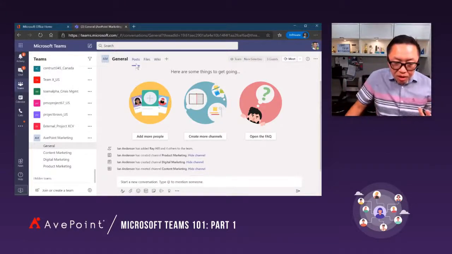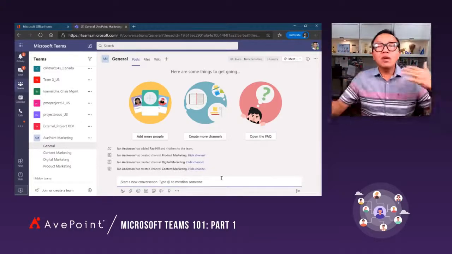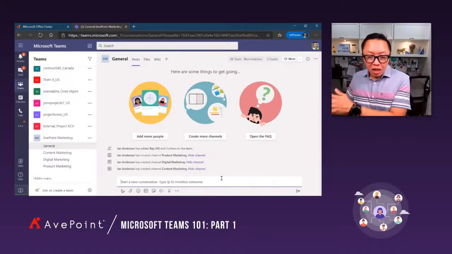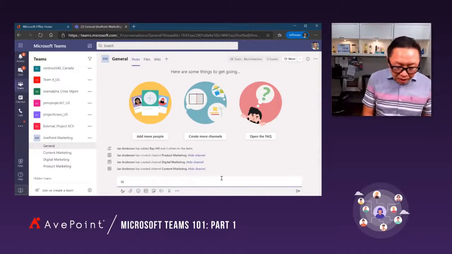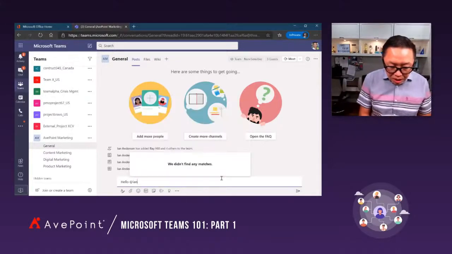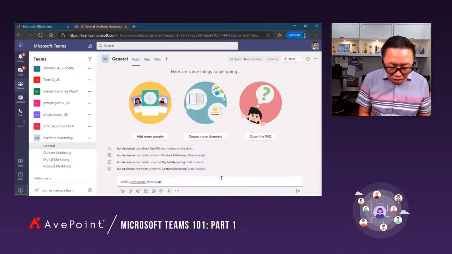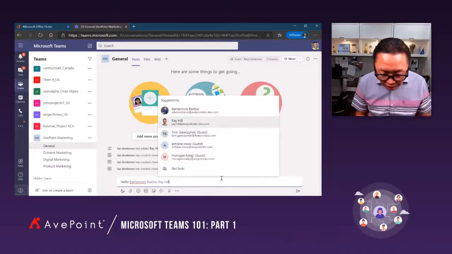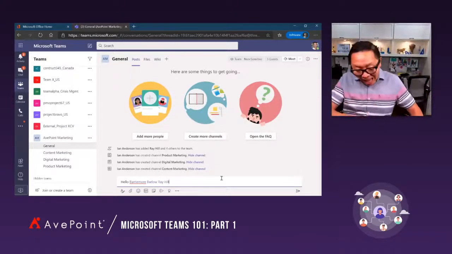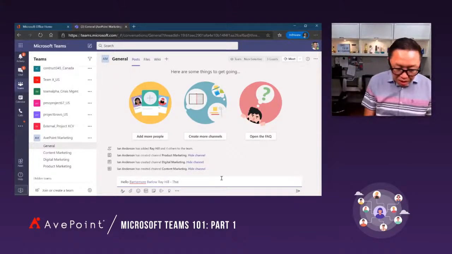So one resource is called a post. This is where all the conversations happen within a channel. So I can talk to the folks that are part of this team. Who did I add here? Okay. So notice I can only talk to a few people, right? I can talk to the people I added to the team. So I can say, okay, this will be our water cooler channel.